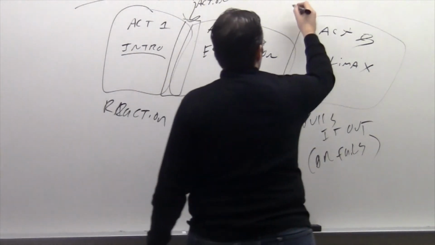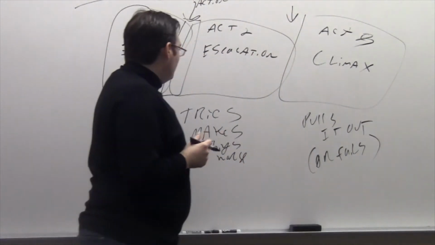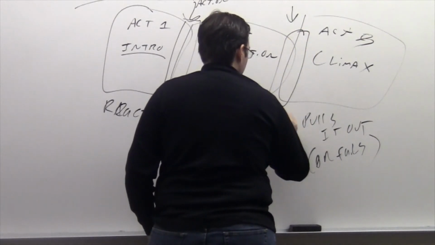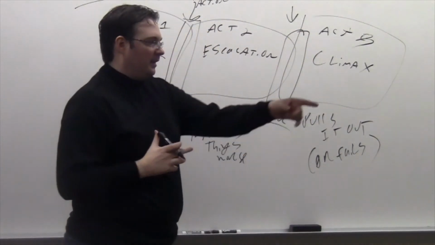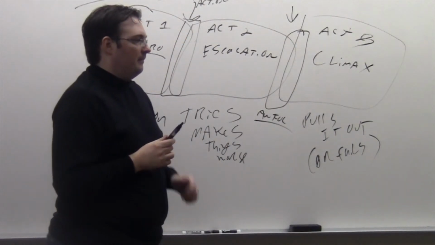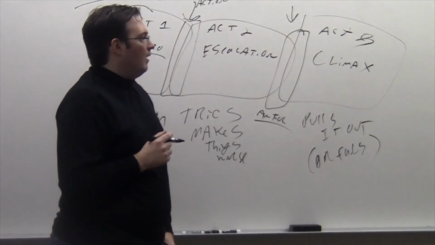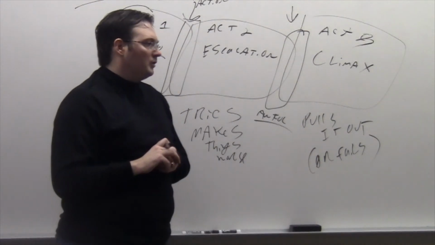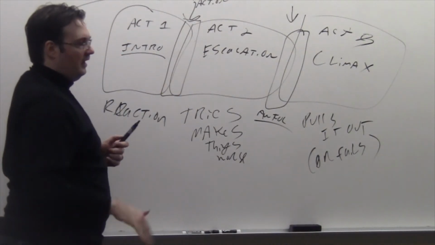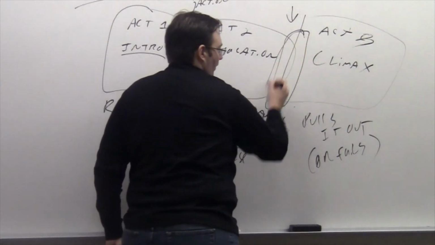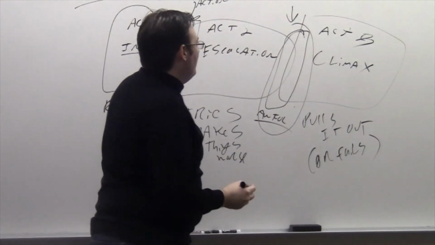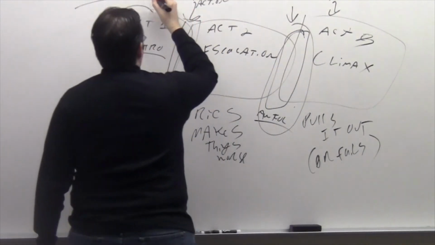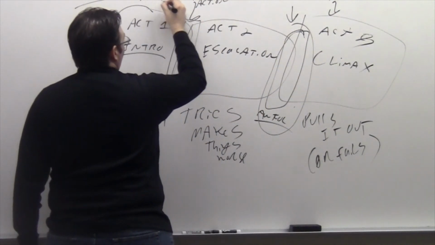There's usually a transition right here as well, which is kind of the point where everything is awful. It's like it can't possibly get worse. I think you just answered my question. It was like, where's the belly of the whale thing that people talk about? Right, the belly of the whale, we will talk about that one more with the monomyth, which is another one of these story structures. These are all visualizations, but in this one, this would be where it is, right here. Though usually in the Hollywood format, this is actually the shortest. And then this one is mid-length, and this is the longest.